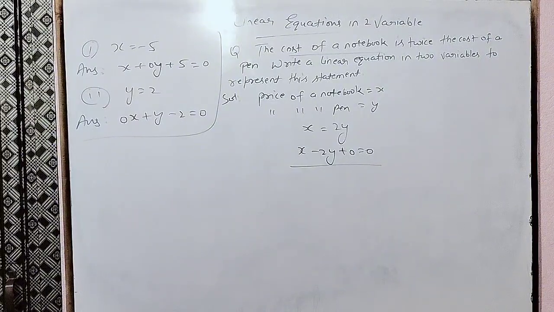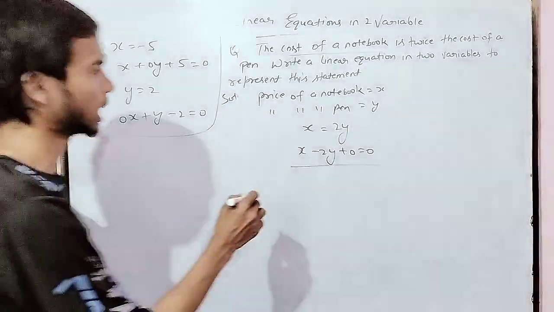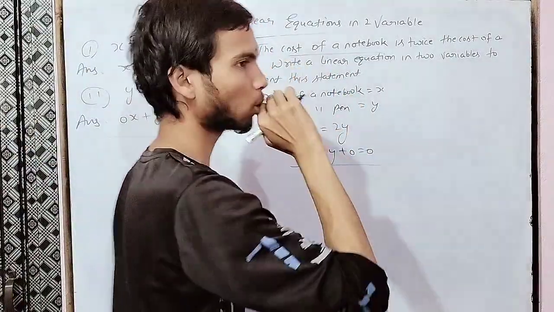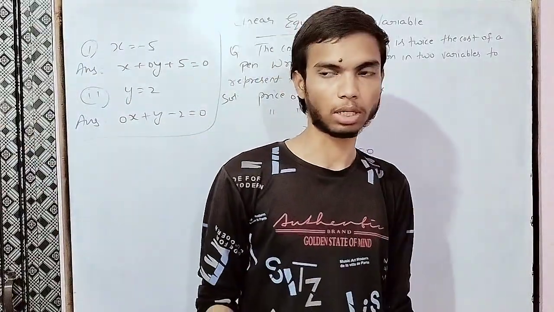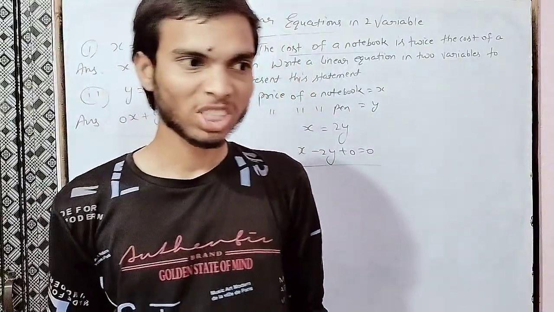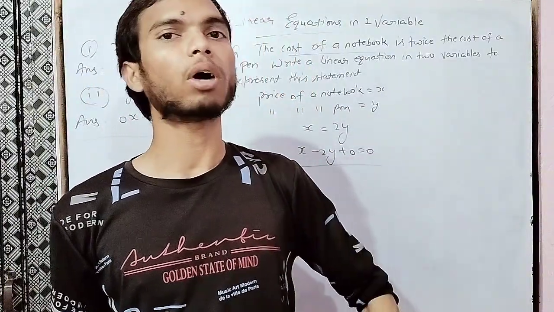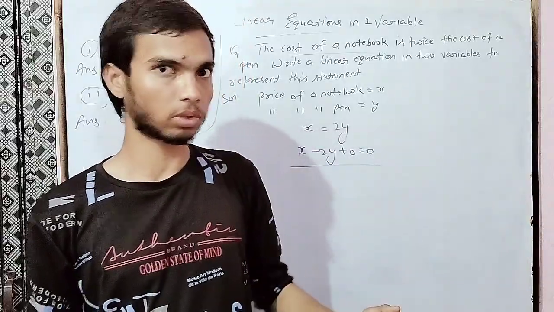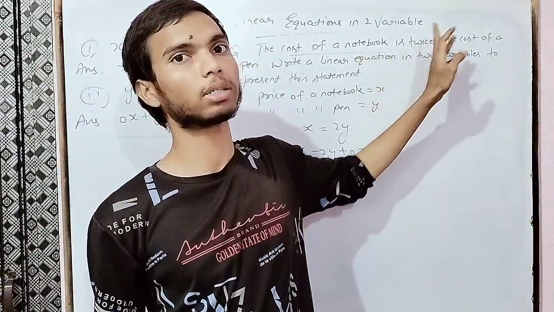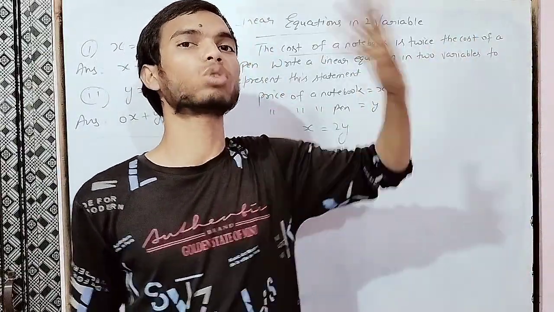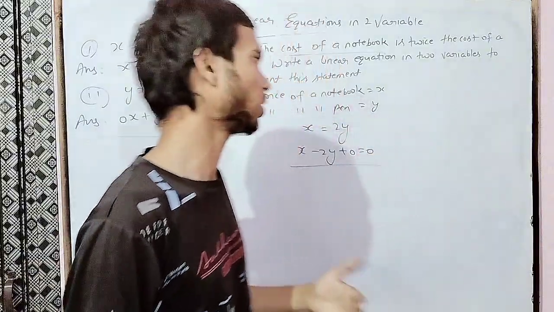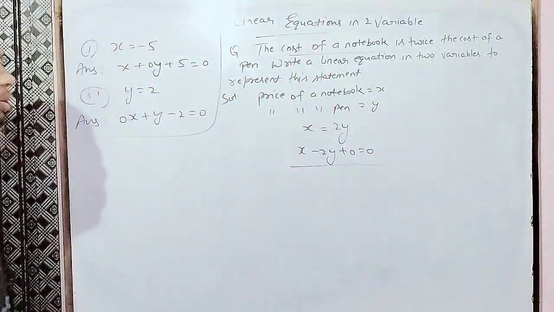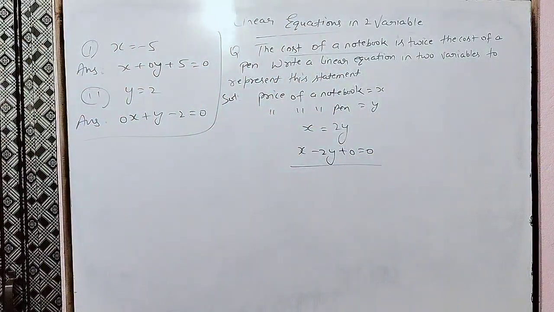Let's understand this again. It is saying that the cost of a book is something, but the cost of something else is two times that. So this is something and the cost of something else is two times more. One time more, you can say 2 times more. 2 multiplied by x, 2 multiplied by y. Now next is